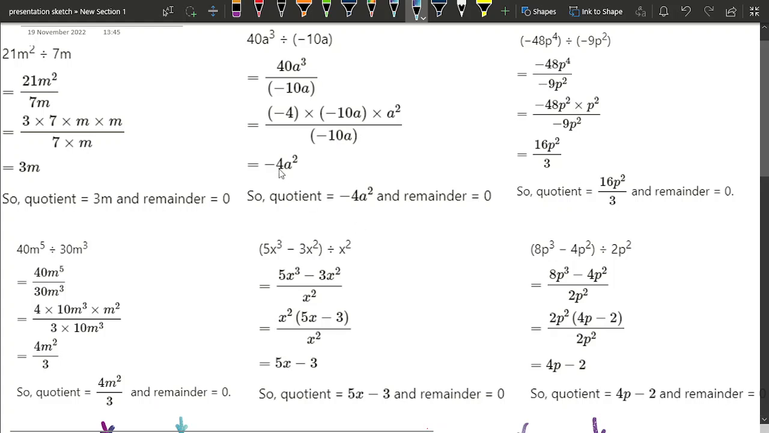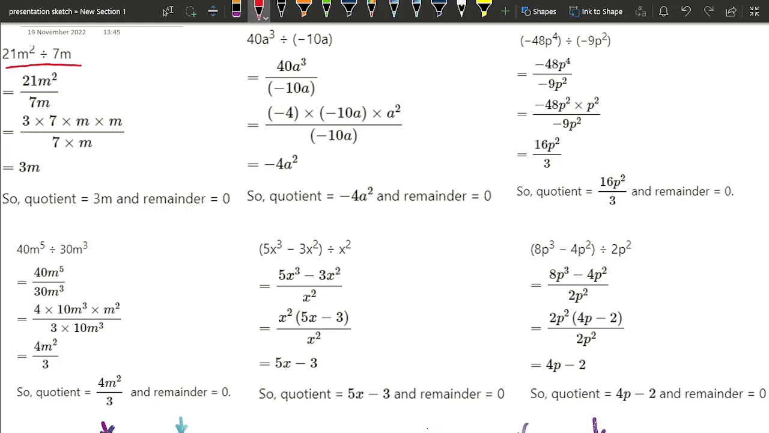I have already written the solutions. Okay, so the first sum, as you can see here, is 21m square divided by 7m. 21m square is written in the numerator and 7m will go in the denominator. In order to do the cancellation further, what we do is